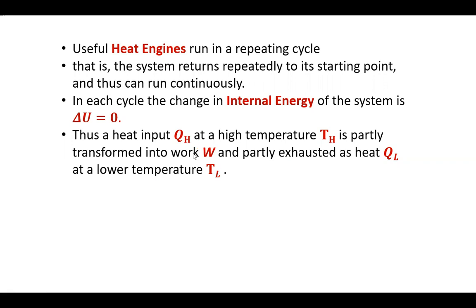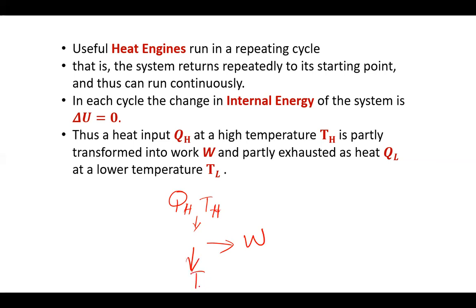So what this statement means is that in the heat engine, there's this QH, which is just the heat input at a very high temperature, TH. So when you input this in a heat engine, we are going to have mechanical work this side, you're going to have work output, and then apart from having the work output, you also have